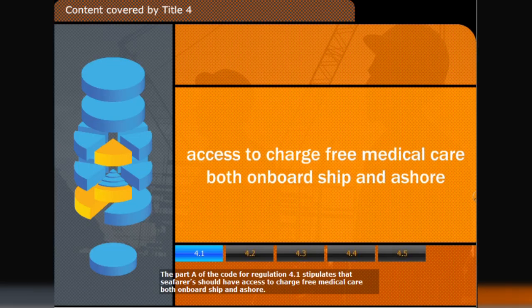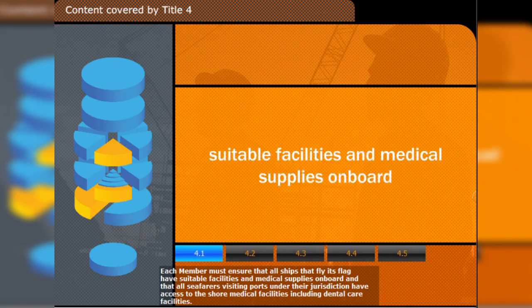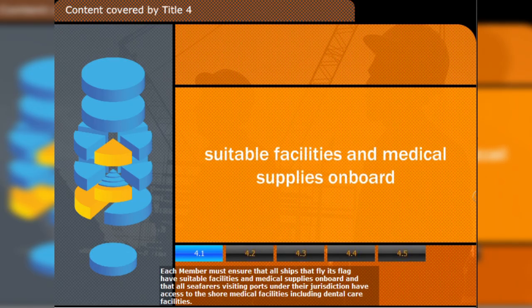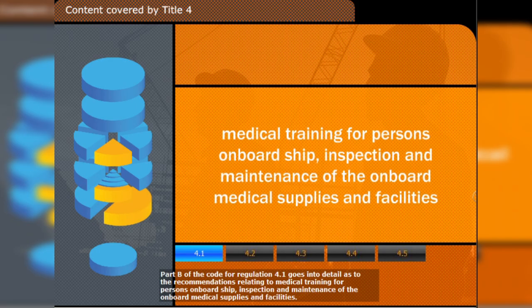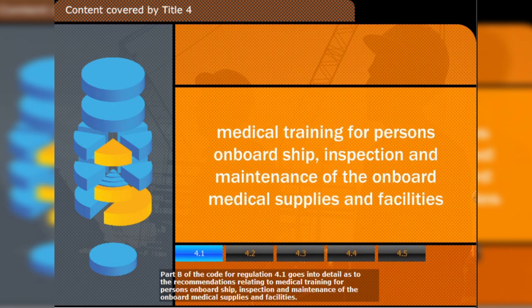board ship and ashore. Each member must ensure that all ships that fly its flag have suitable facilities and medical supplies on board, and that all seafarers visiting ports under their jurisdiction have access to the shore medical facilities, including dental care facilities. Part B of the Code for Regulation 4.1 goes into detail as to the recommendations relating to